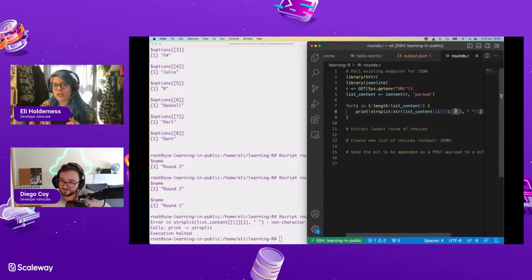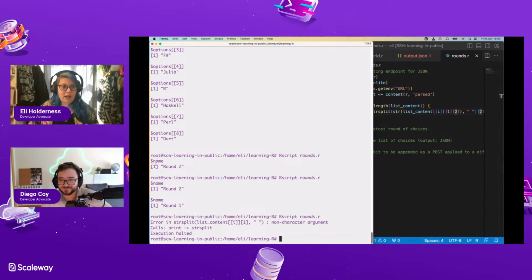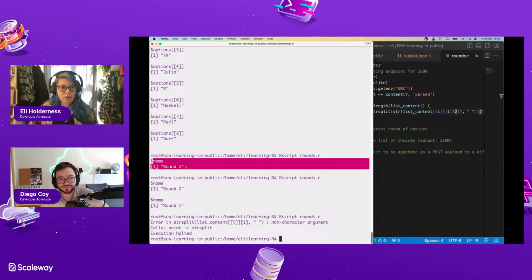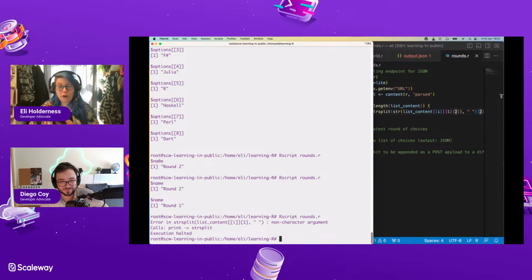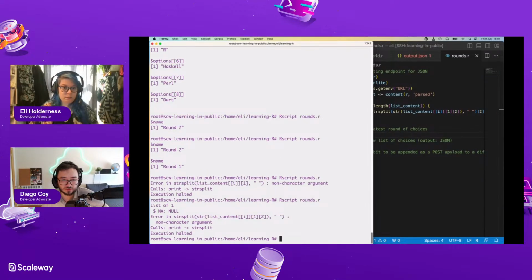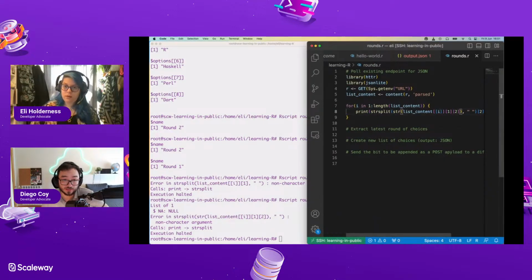I want to get the name. Before it was printing me out name and round 2, and I don't know what this is. I don't know if it's the name of the list, or if lists have names as well as being objects. I'm going to assume that's the property name. Yeah, let's see what this does. If you look above, you have a $, then options on your terminal.